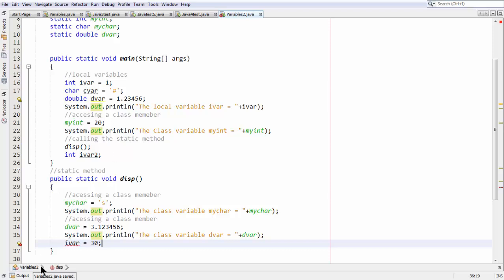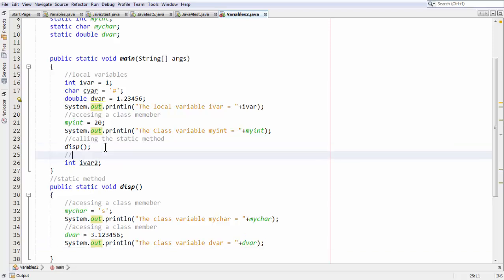It shows this ugly red underline and says cannot find symbol. Let's have a comment here: it's a local variable, and it's just accessible within